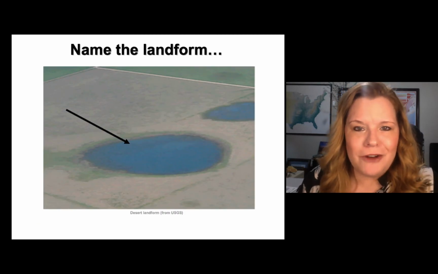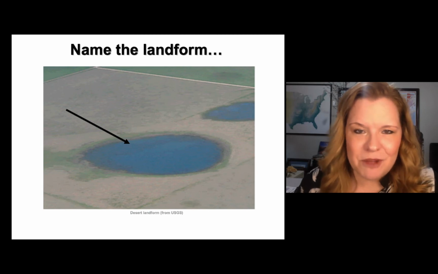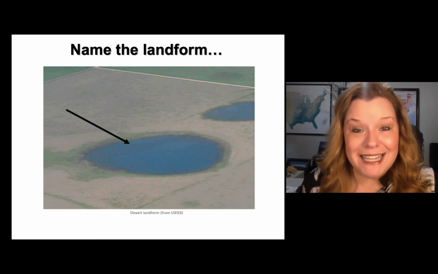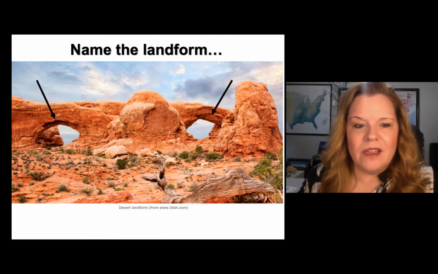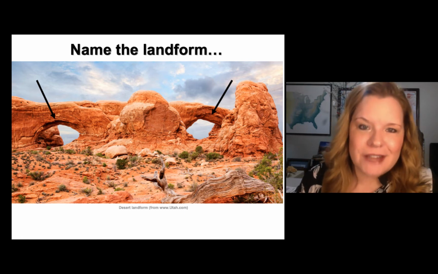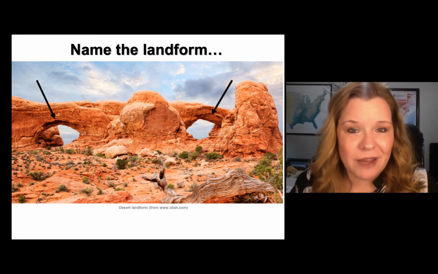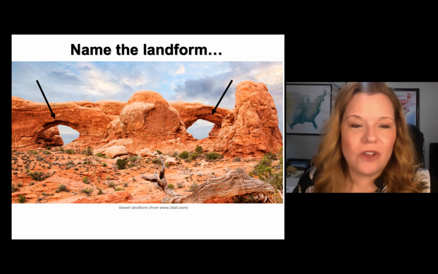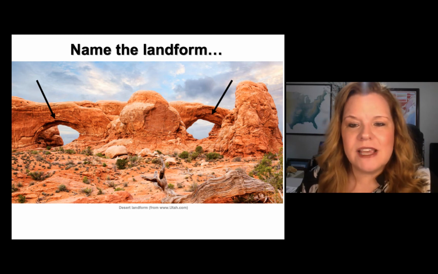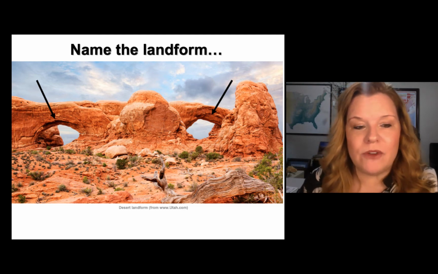This is those water ponds that form out in the desert. This is out by Lubbock and Amarillo area in Texas after a rain event. So what do we call those? Those are not stock ponds, by the way. Playa lakes. What are those cute things? Well, I'll give you a hint. It's in Arches National Park. So yes, those are arches. They also have a special name when they make this kind of feature. They're also called windows. But arches, you could see how the top of that could weather over time, differential weathering, and collapse.